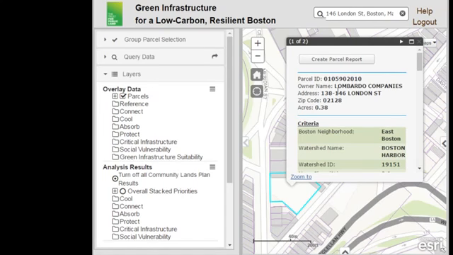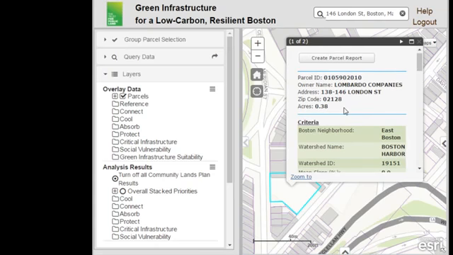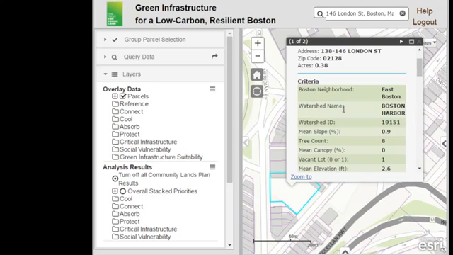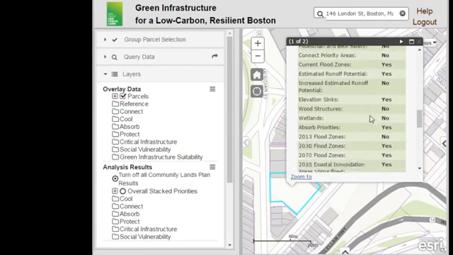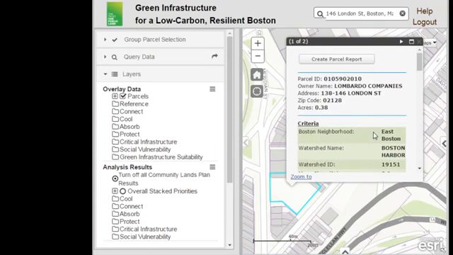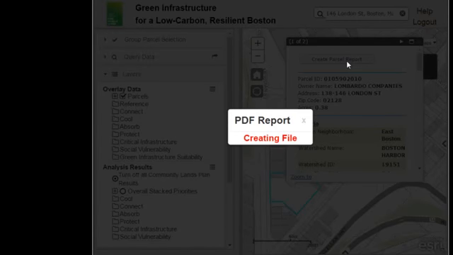So what I did when I selected that parcel is bring up an identify window that has all of the information that we've tagged to that parcel. The base owner information, the number of acres, all of the criteria that we've tagged to that parcel. So as I mentioned, all of our analysis results are tagged to all of the parcels in the city, and all of the green infrastructure information that we have is also tagged to that parcel. So you can scroll through, there's a lot there. But you can also create a parcel report. So I'm just going to click that create parcel report button,